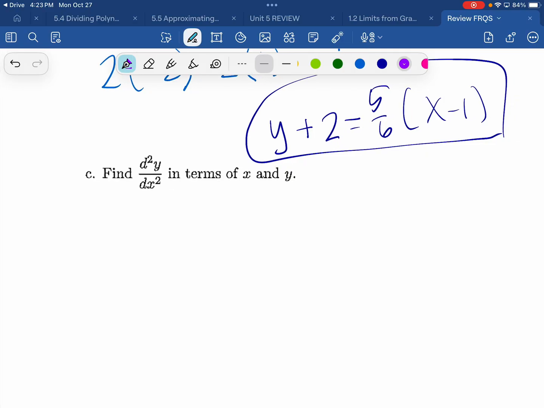Remember, dy/dx is (2y minus 1) over (2y minus 2x). So we're going to use quotient rule. d squared y over dx squared is low